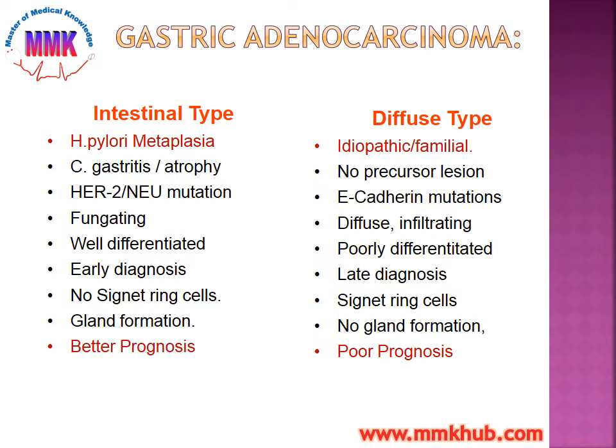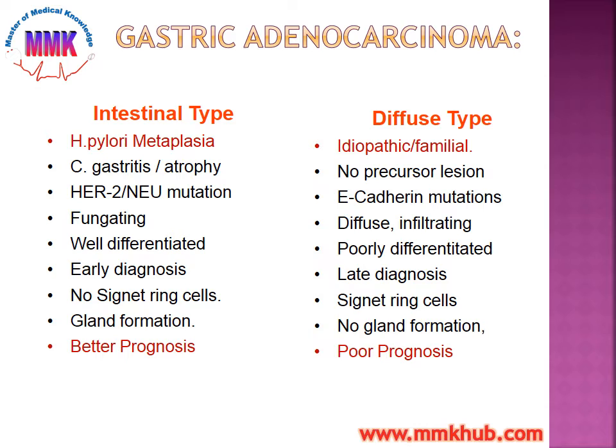This slide is showing the comparison between the intestinal type and diffuse type of the gastric adenocarcinoma. Intestinal type is associated with H. pylori and metaplasia, while the diffuse type is idiopathic and has familial association. Intestinal type is associated with chronic gastritis and atrophy of the gastric mucosa, while in diffuse type there is no precursor lesion. HAL2 mutation is seen in the intestinal type, while the mutation in the E-cadherin gene is present